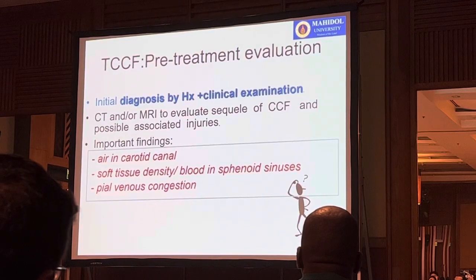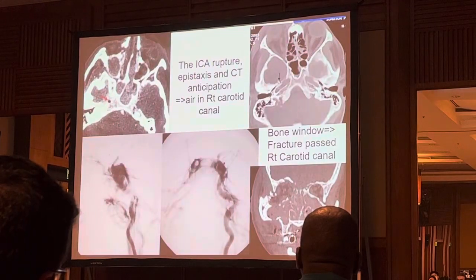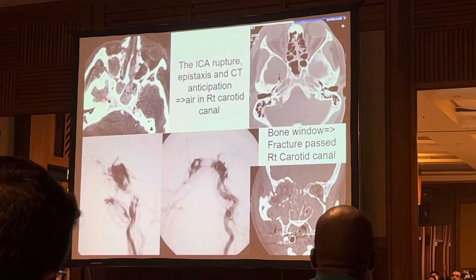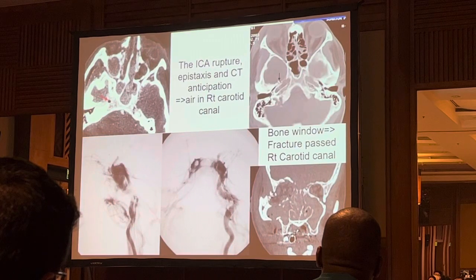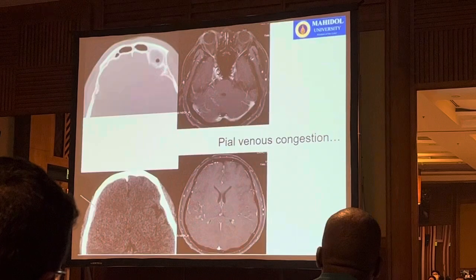And what do we do? We do pre-treatment evaluation, of course. CT scan, usually enough. You can see the air or the fracture site at the carotid canal. This is very pathognomonic that you have carotid injury. And of course, the facial fracture that has a high percentage of related skull base injury. This patient with this